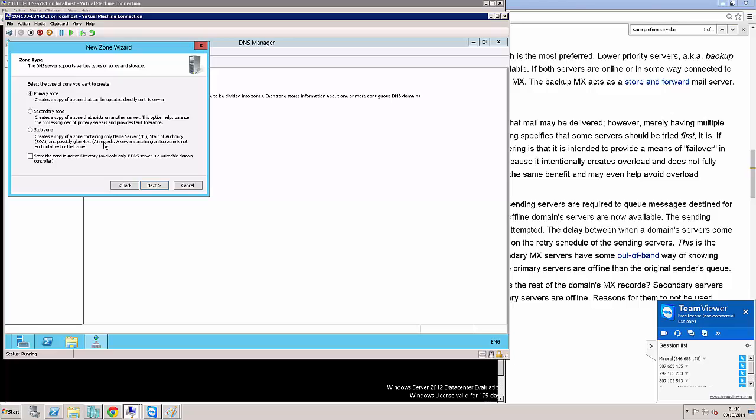So primary zone simply means you can update it on the server. Secondary zone simply means you can't update the records on the server. This server only exists to replicate from a primary server. So in other words, if I go here and I go to launch server 1, back to launch server 1